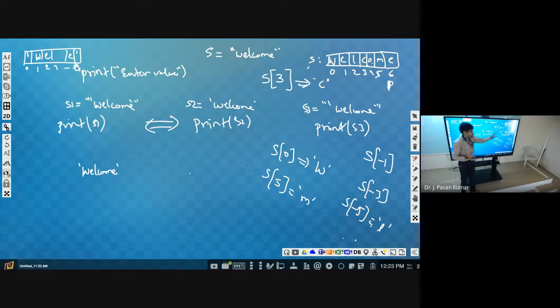Next, coming to the triple quotes. Whenever we have some description, let us consider one paragraph. Para in the sense, more than one line we will be having in general. All these characters we want to consider as a single string, then we will indicate that by using three single quotes, triple quotes.